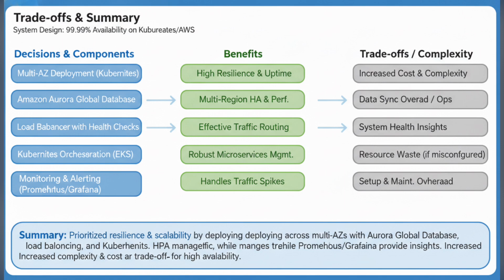Regarding container orchestration, we selected Kubernetes due to its robust ecosystem for managing microservices, despite its steep learning curve and operational overhead. We opted for horizontal pod autoscaling to handle traffic spikes efficiently, though it could lead to resource wastage if not properly configured. Monitoring and alerting are implemented using Prometheus and Grafana, which provide rich insights into system health, but introduce additional operational management tasks. In summary, our design balances availability, performance, and cost efficiency by leveraging AWS's multi-region capabilities and Kubernetes orchestration to create a resilient cloud-native architecture that ensures continuous service delivery even in the event of regional outages.